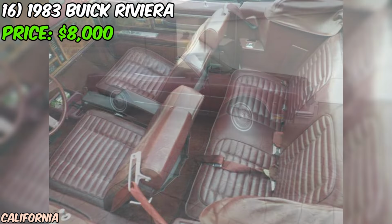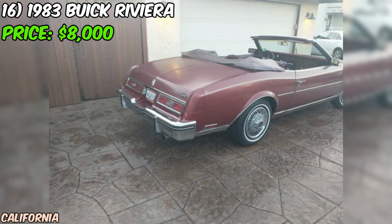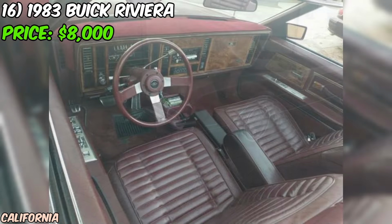Now, I know the ad doesn't go into a ton of detail about the condition of the car, but the seller does say that it runs great. And in my experience, when a seller says a car runs great, that's usually a pretty good sign. Of course, with any classic car, there are bound to be a few imperfections here and there, but that's just